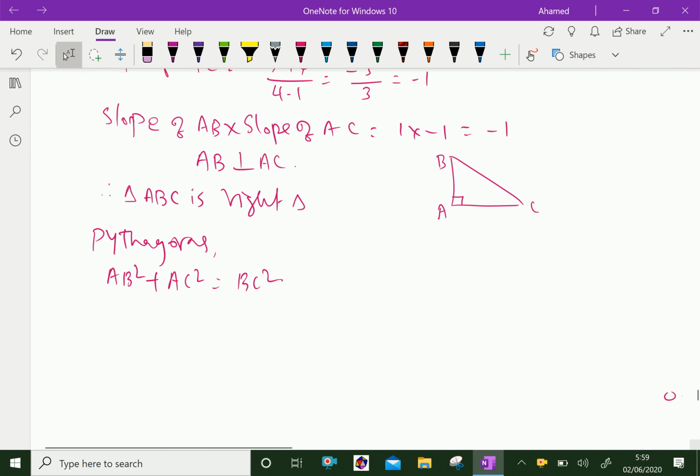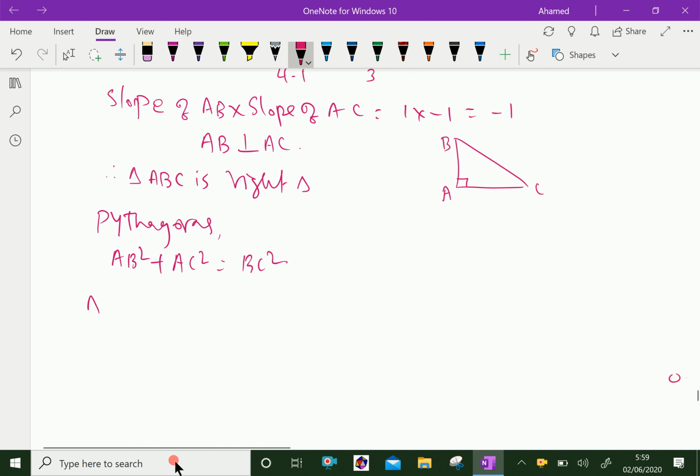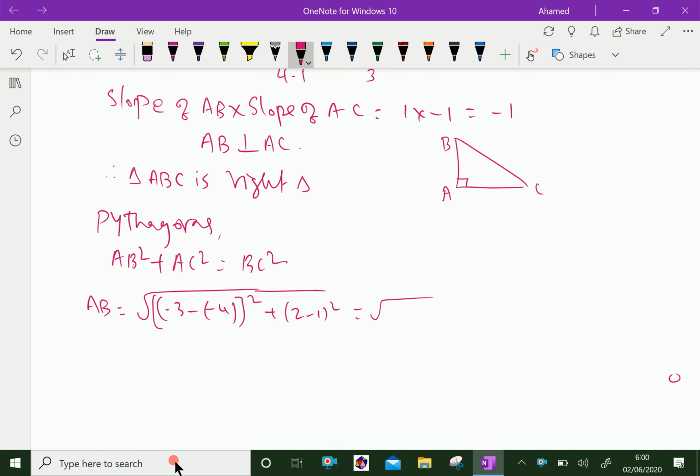Let us write that: AB equal square root of (minus 3 minus of minus 4) the square and (2 minus 1) the square, which is equal 1 square, because minus 3 plus 4 is 1, that square, plus 2 minus 1 is 1 square, square root of 2, which gives AB square equal 2. Then